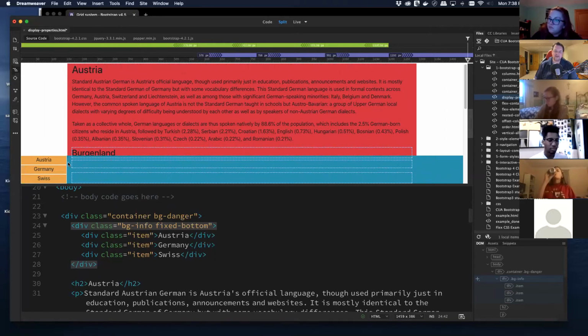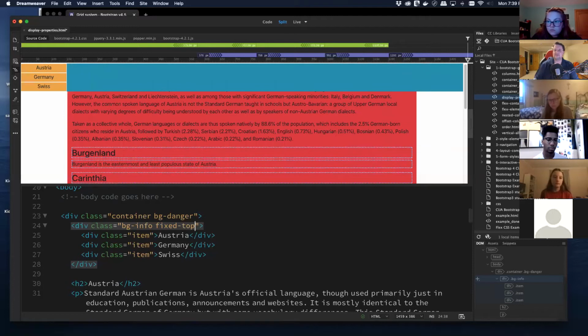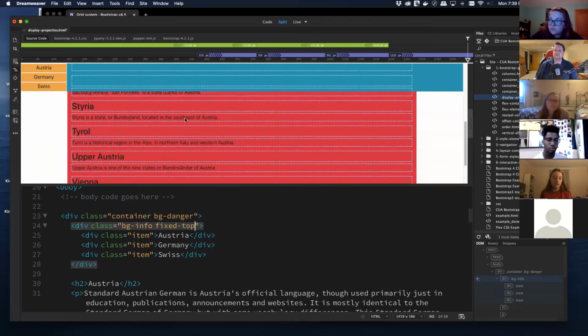As soon as I apply the fixed bottom, this box gets out of the container that we're in here. So we have to then fix that with our own CSS. Another way we can fix something is instead of bottom, you will guess it's top. And it's fixed on top. And if you scroll,